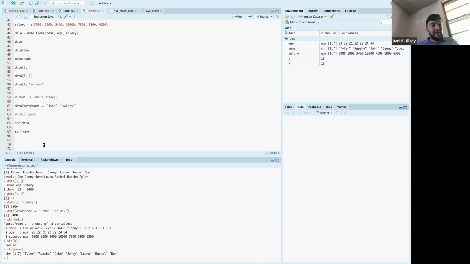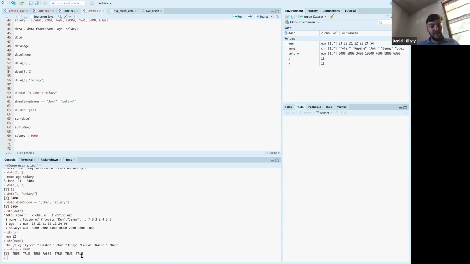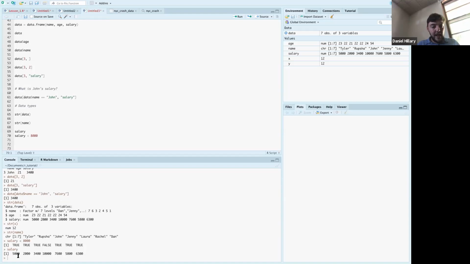Another type would be, for instance, say you wanted to check which salaries were under a certain number, say 8,000, right? If I run this statement, it gives me a sequence of trues and falses, right? Because it's basically taking the salary vector, which, to remind you, looks like this, and it's saying this is less than 8,000, this is less than 8,000, this is less than 8,000, this is not less than 8,000, so on and so forth, right? And you can save this object if you want as an object